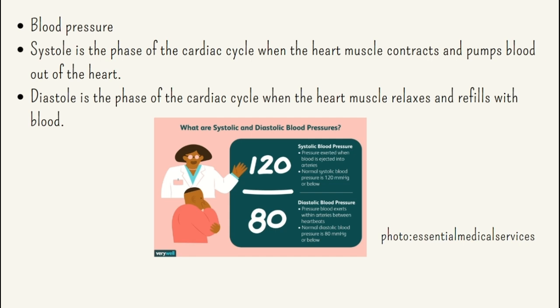Systole and diastole: the big top number is systole, the bottom number is diastole, which is usually a smaller number, and 120 over 80 would be a regular blood pressure for a relatively healthy human being. So if you see the systole number is like 140, 150, then you say the person has high blood pressure. And yeah, so basically that's